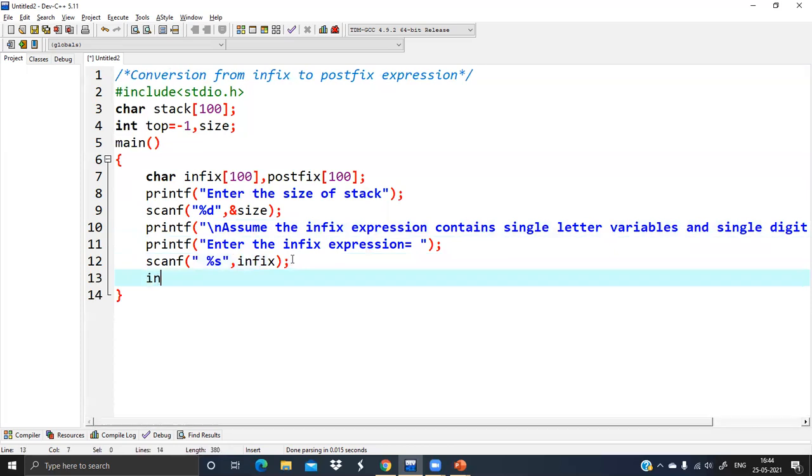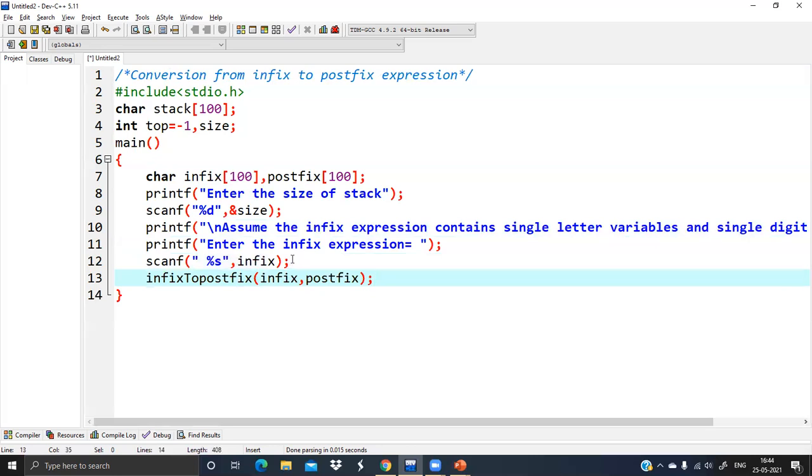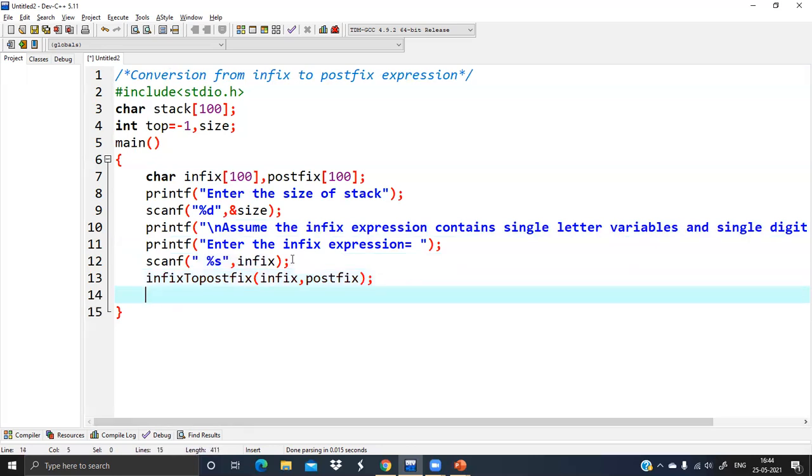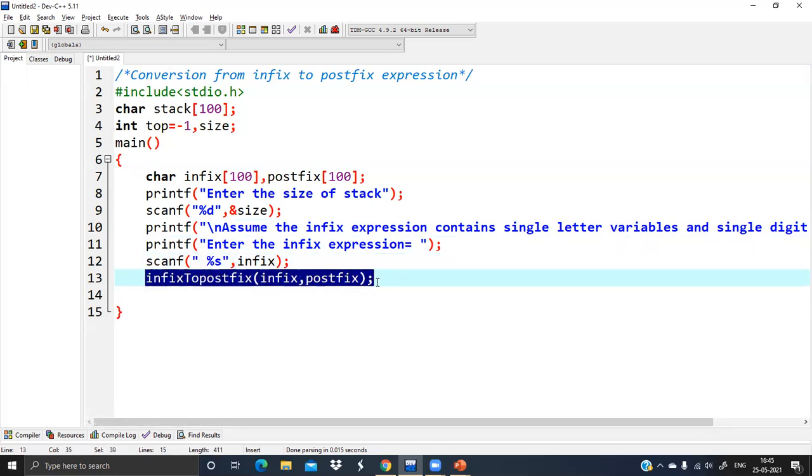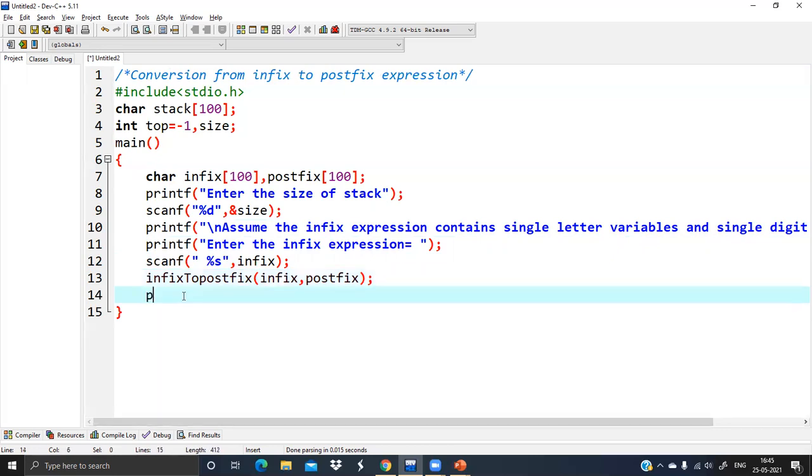I'll use one function, infix to postfix, a user defined function where I am providing the strings infix and postfix as arguments. After executing this function, my postfix expression will contain the resultant string. So I can print that also.